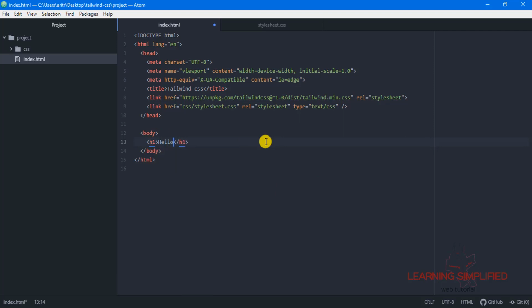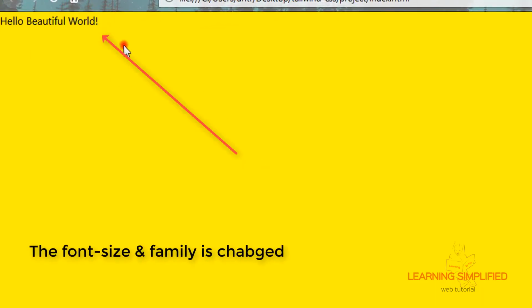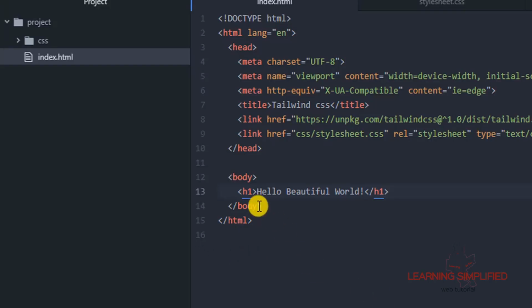We are writing this "Hello beautiful world." Press Ctrl S, get back to your project and reload, and you can see that the font size has changed, and the font family has changed over here, because we have used this H1 tag.